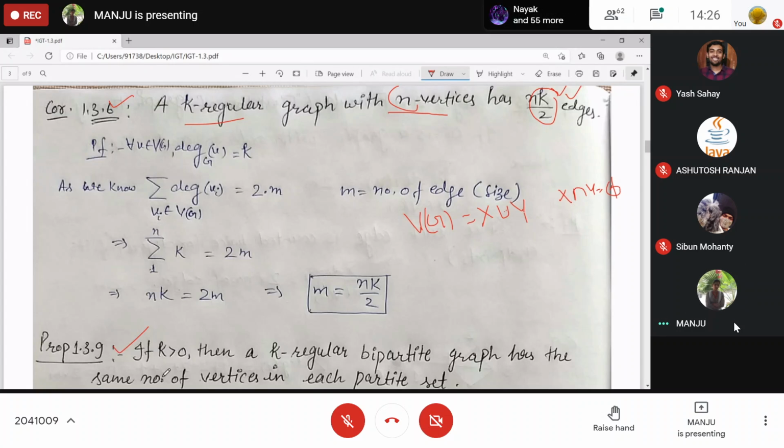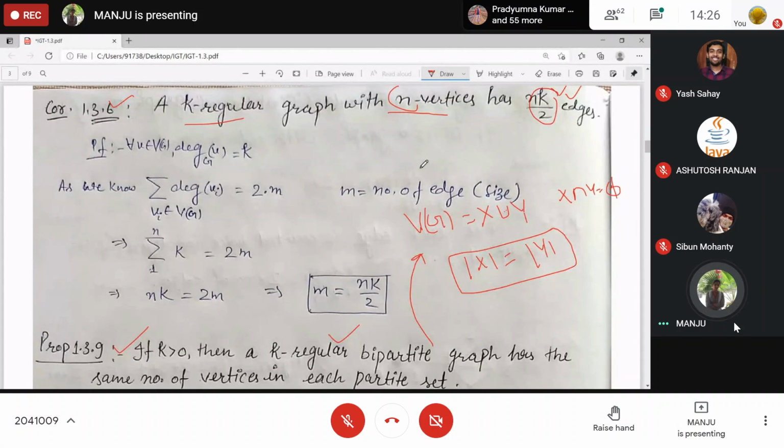It has the same number of vertices in each partite set, and the number of vertices is denoted by cardinality. So we want to show that the cardinality of X is equal to the cardinality of Y, and we are given just the degree. Bipartite we have already used, and this is what we want to prove.